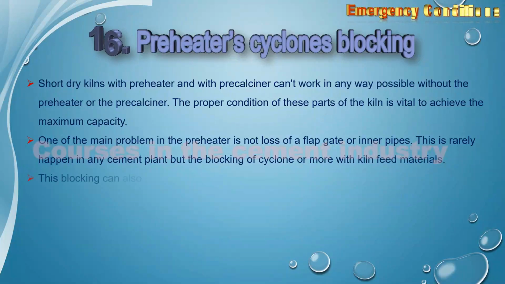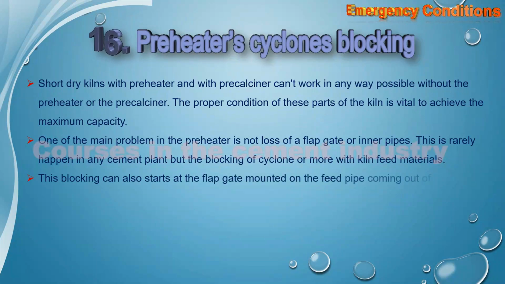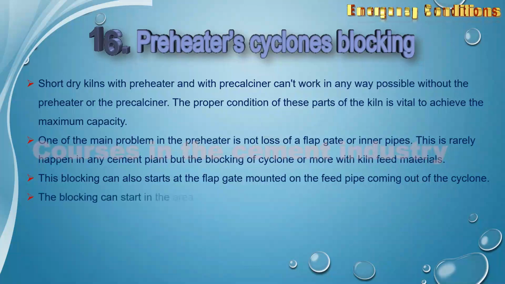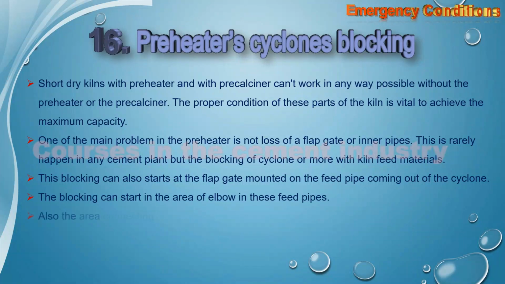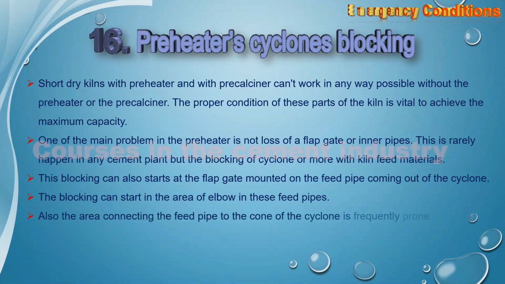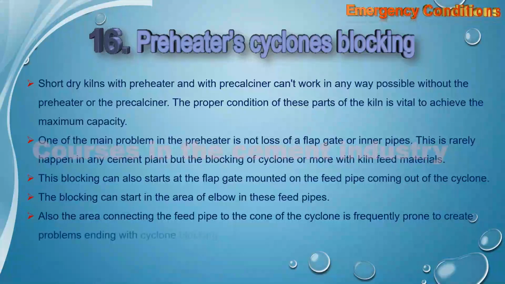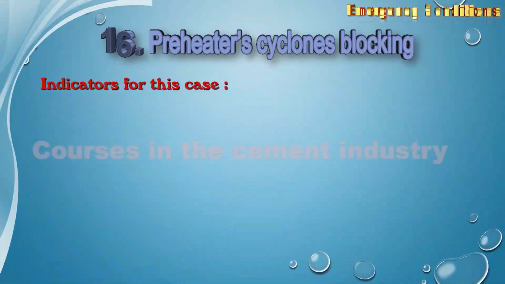This blocking can also start at the flap gate mounted on the feed pipe coming out of the cyclone. The blocking can start in the area of the elbow in these feed pipes. Also, the area connecting the feed pipe to the cone of the cyclone is frequently prone to create problems ending with cyclone blocking. Indicators for this case: